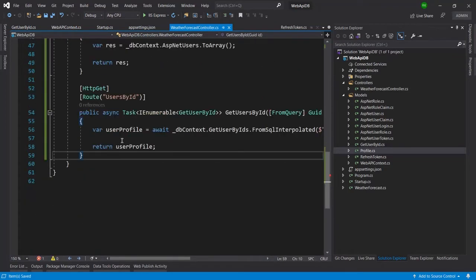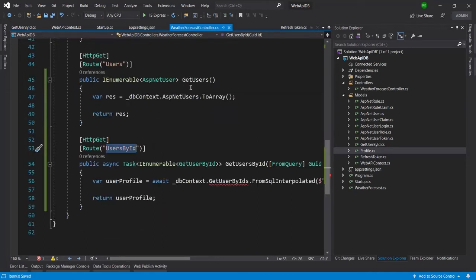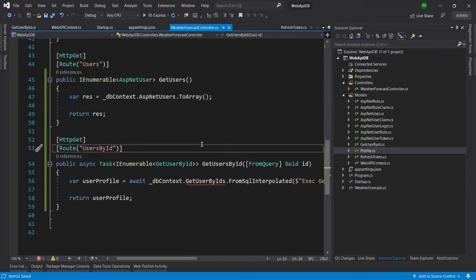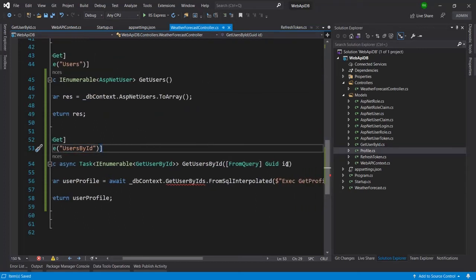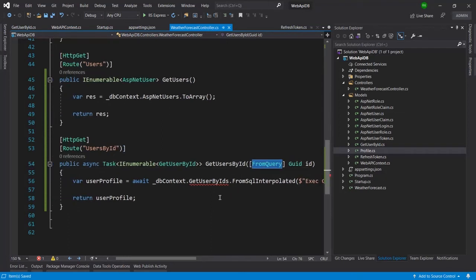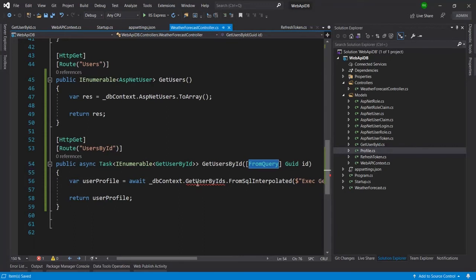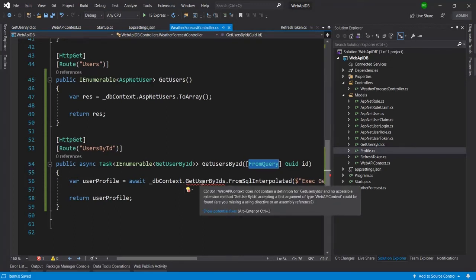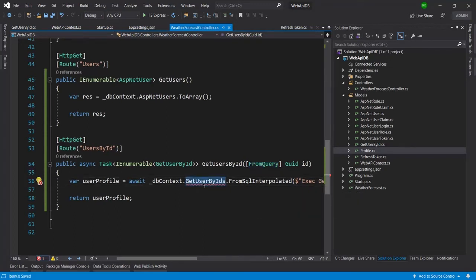So here it is, this is the GET type of action API endpoint, and here I have given it a unique name, UserById, and here I am accepting the id of type GUID from the query parameter. And here I am calling the stored procedure, but here you can see I am getting one error. So now let me go to the next step.